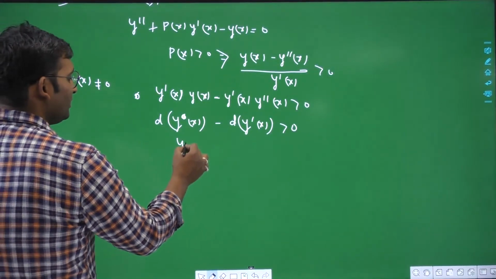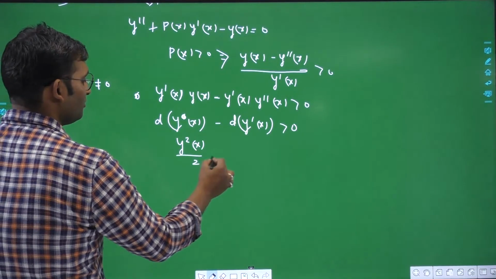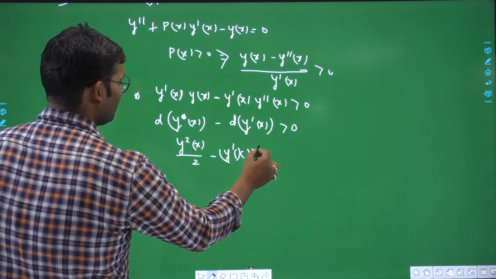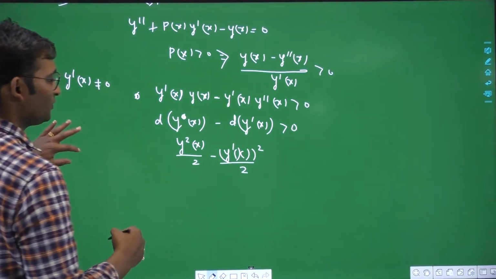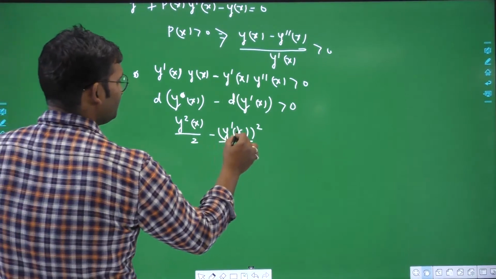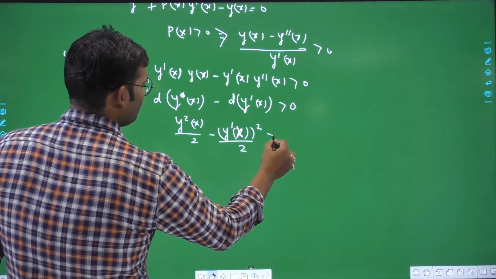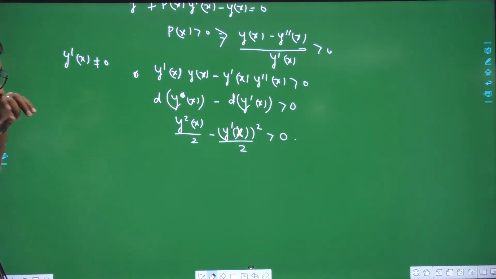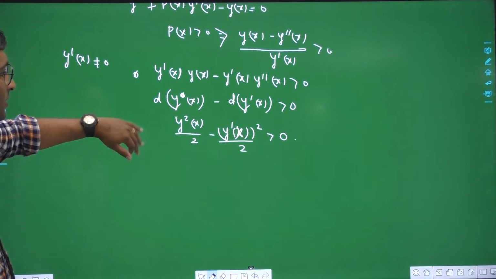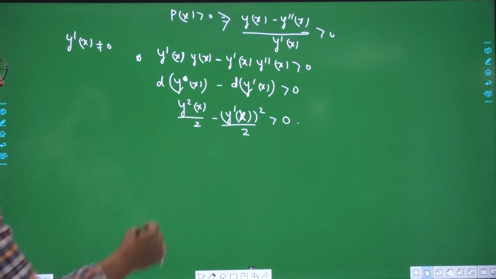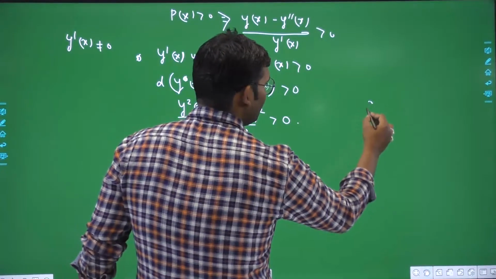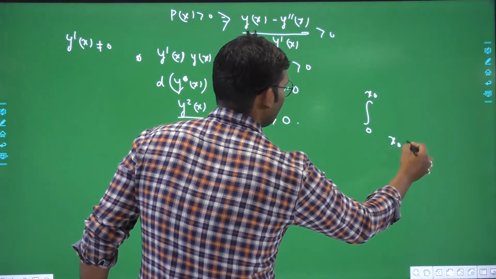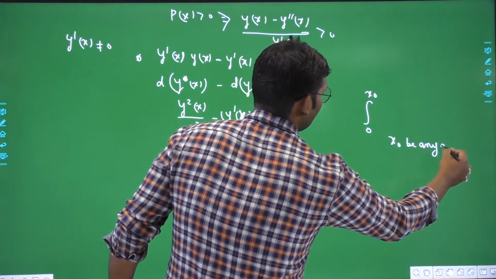And if you integrate it, you will get y squared(x) divided by 2 minus (y'(x)) whole squared divided by 2, greater than 0. So if you integrate it over both sides, you integrate it from, say, 0 to x naught, and let x naught be any arbitrary